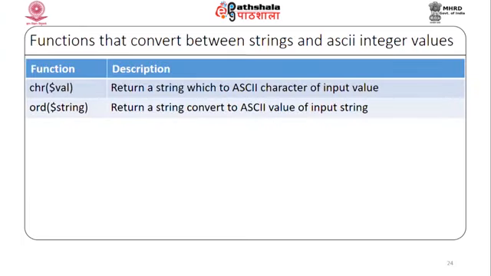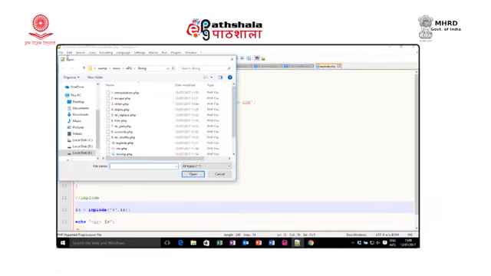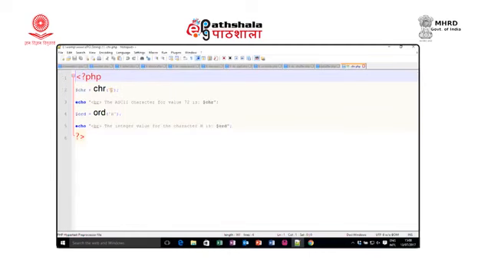Then you can use two functions to convert between string and ASCII integer. One function is chr, which returns a string whose ASCII value is the input value, and ord, which converts a string to its ASCII value. Say for example, here I will open this file to demonstrate it, chr 72.